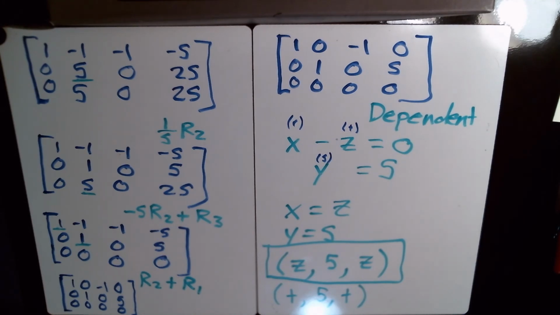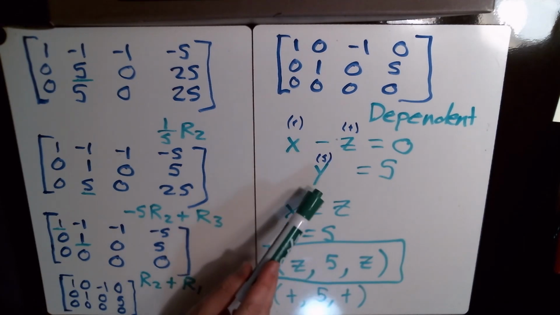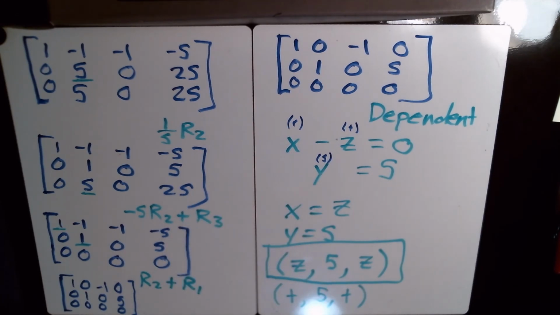with this problem. I know it's maybe a little bit trickier than the ones where there is just one solution. Certainly dependent systems are a little bit harder to think about the solutions, but what you want to do is you just want to convert back to equations and then solve the equations for the variables in terms of the variables that you don't have a leading 1 for. Okay, so this we solved for x in terms of z. Y was already kind of solved for. We didn't even need any z's in there. Okay,